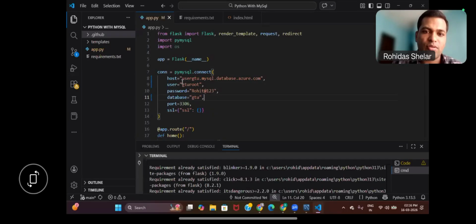GTU Rohit @123, GTU room. Okay, this is the password and all things. Okay, once you save this,